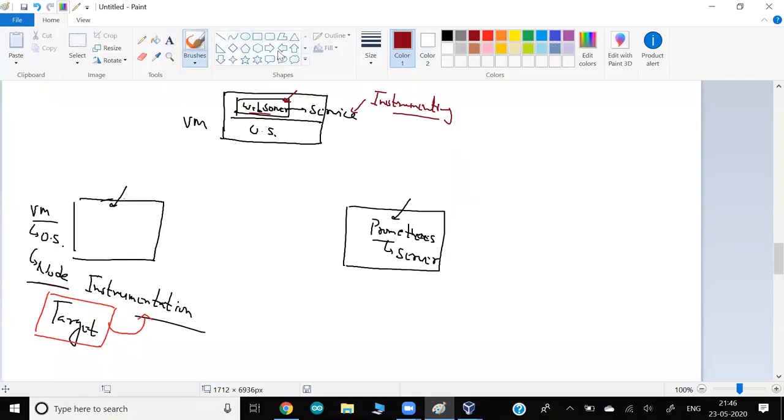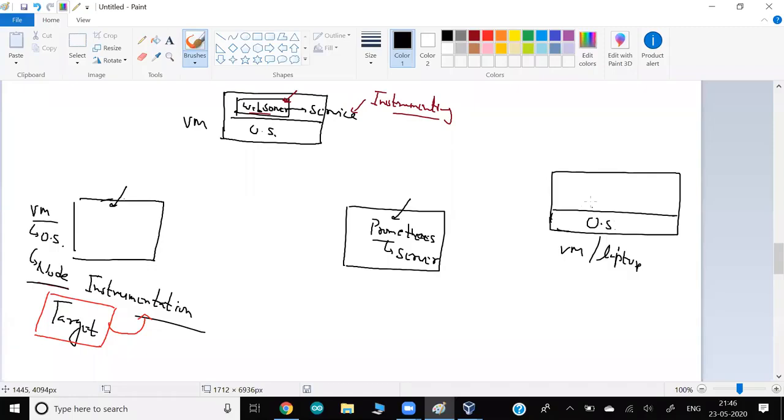Okay, one more example here. Let's say you have one entire operating system running. Inside the OS, this is a complete VM or your complete laptop, you can think. Let's say laptop, because a lot of guys might be comfortable with the word laptop. So this is the complete OS, and on top of the OS, one entire web server is running. You guys know Apache web server, we have used it multiple times. And inside the web server, there's one web page we have in PHP language. So PHP code we have. So right now three things are running. OS is running, web service is running, PHP code is running.